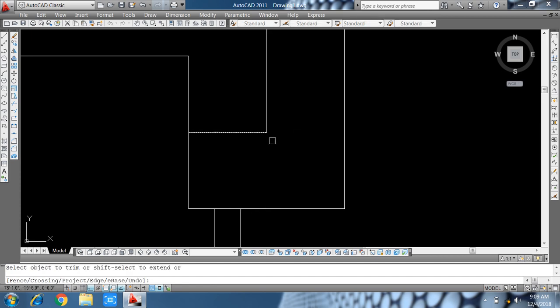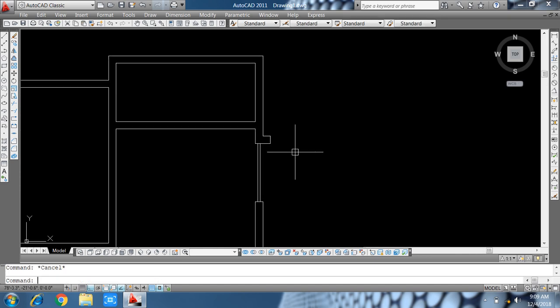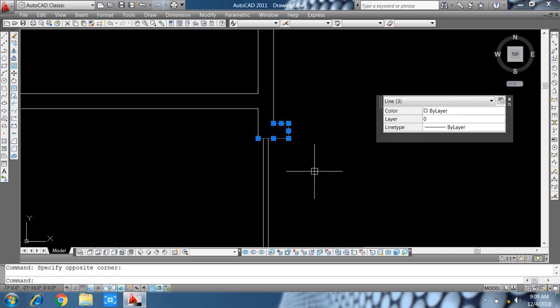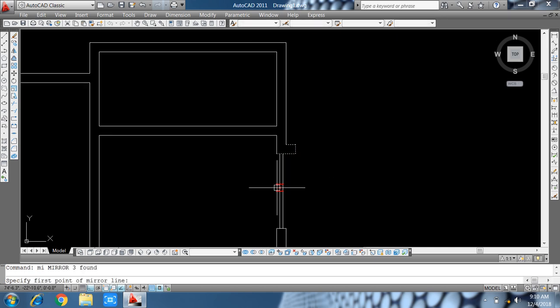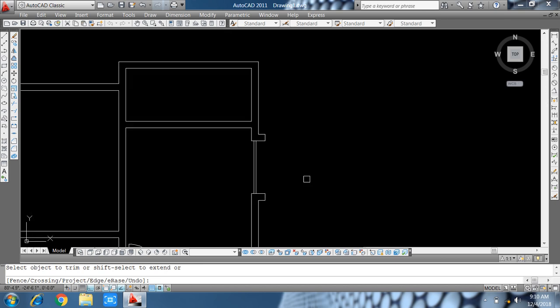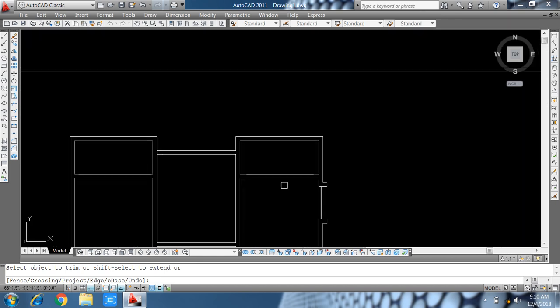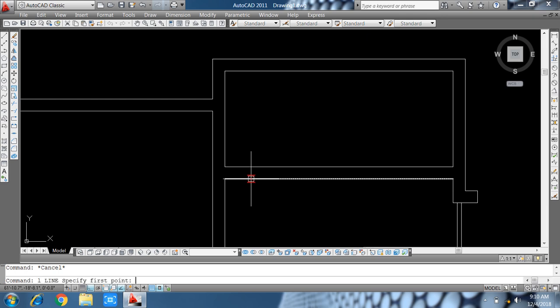So I make it. Now I make a bathroom, offset 4.5 inch from this line, offset 2 feet 6 inch the door width, extend it, trim inside the lines, trim that, take circle, trim that lines and delete these lines.